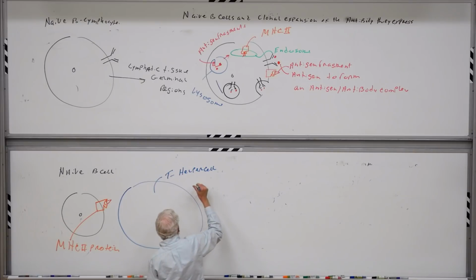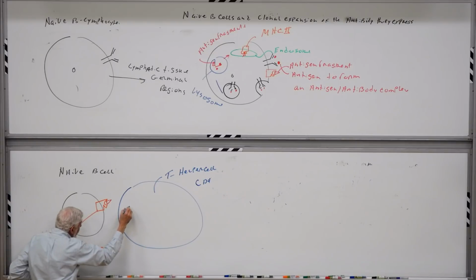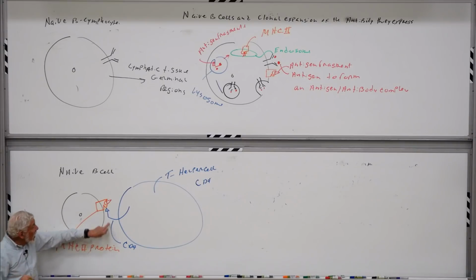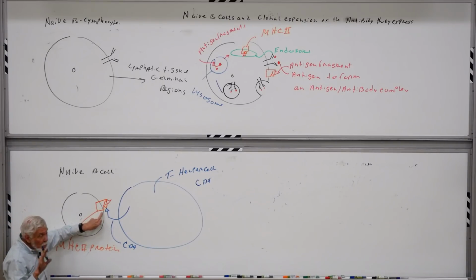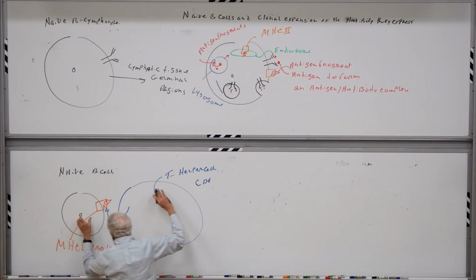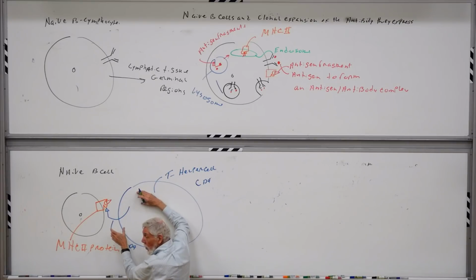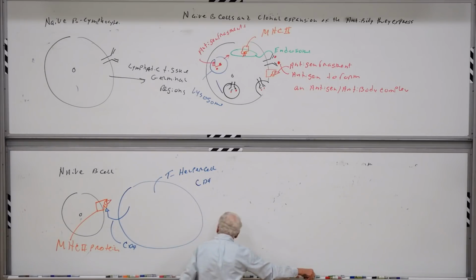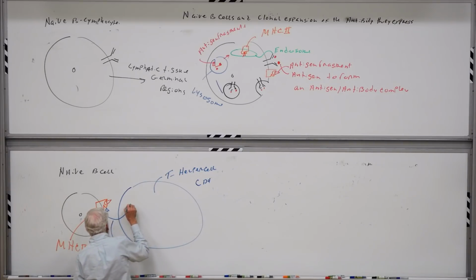The T helper cell has another name. It's called a CD4 cell. And a CD4 is a transmembrane protein. And I think of the CD4 as a kind of lasso. I think of it as binding to the MHC2 protein. It doesn't bind to anything other than the MHC2 protein. It binds it, and what it's doing is it's bringing these two cells within a molecular distance of one another. It's basically mooring the two cells together so that a transmembrane protein that I'll show in green, the transmembrane protein here,